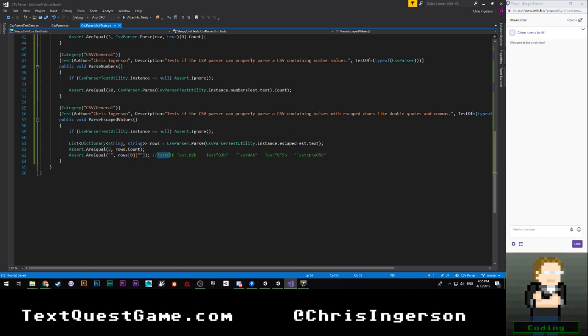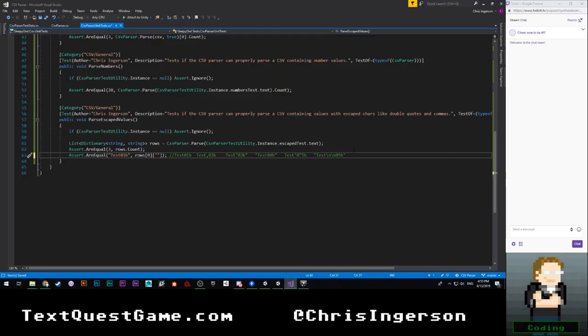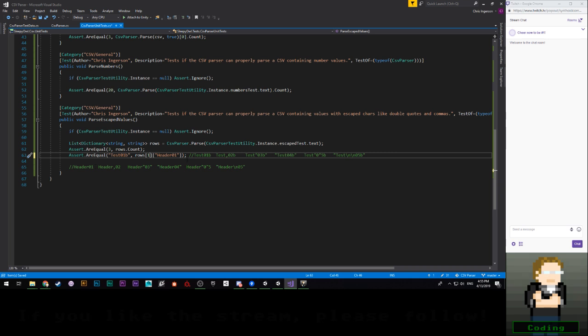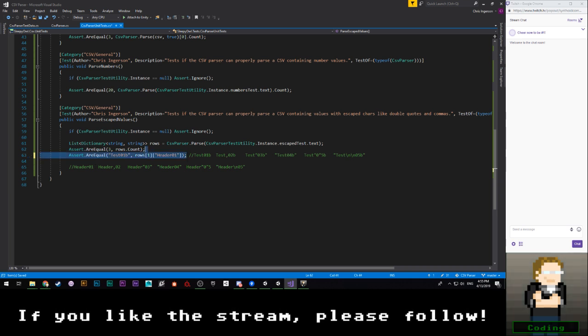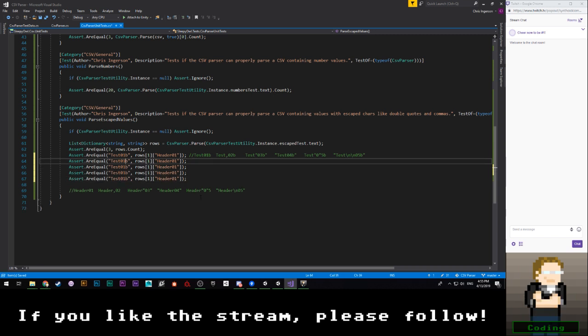Okay. So we want this to be test B, which means that these are our headers, which is going to complicate things because of course it is. Okay, we're going to do this. New line, that should be correct. Okay, so it's going to be this for that header. It's going to be actually rows 1, I believe is what we want. Then we're going to go ahead and just copy this 5 times. So this should be